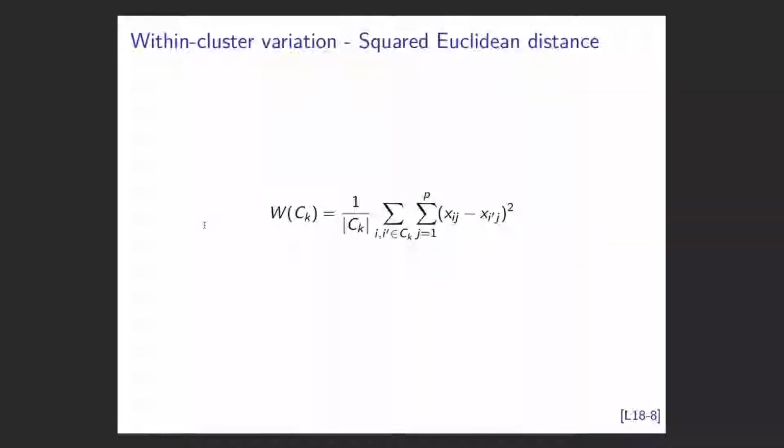So the standard one that we often use, the within cluster variation, is the squared Euclidean distance. So all you do is you take every pair of observations in a cluster and you work out